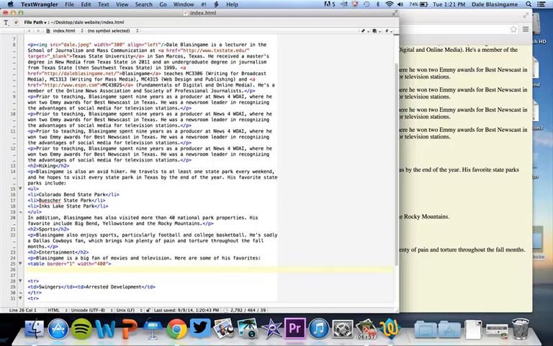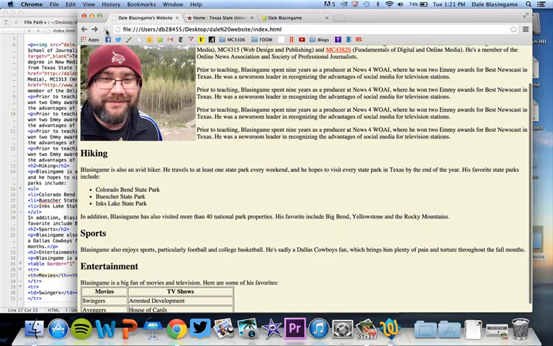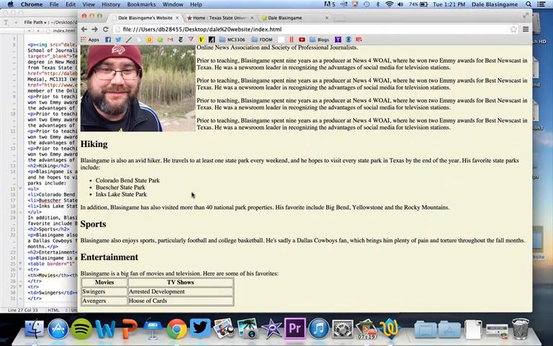So I would add a row, and then I would close that row, and then within that I would add a movies TH tag and TV shows TH tag there. And I've closed that row. That TH tag automatically bolds and centers